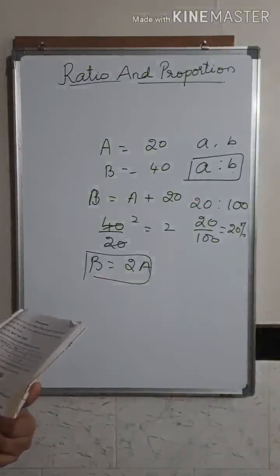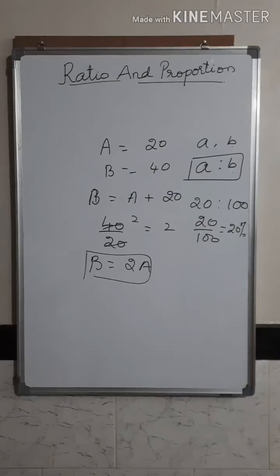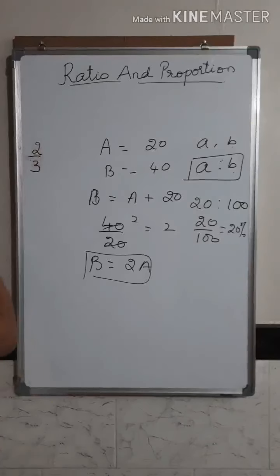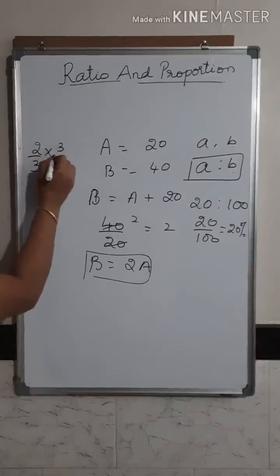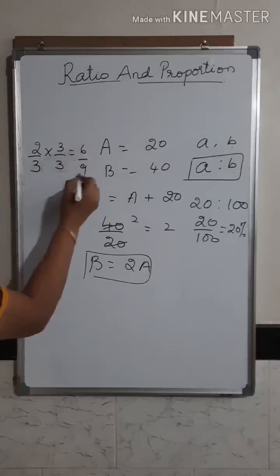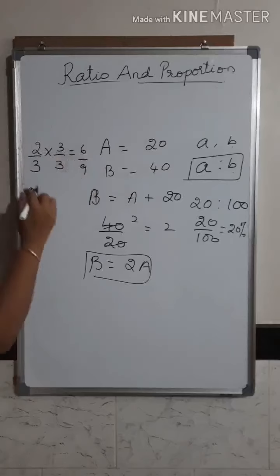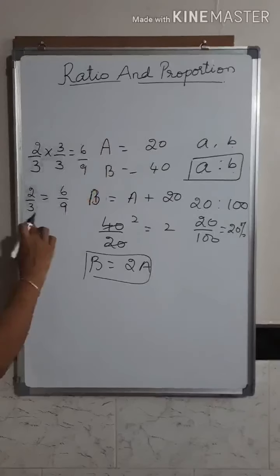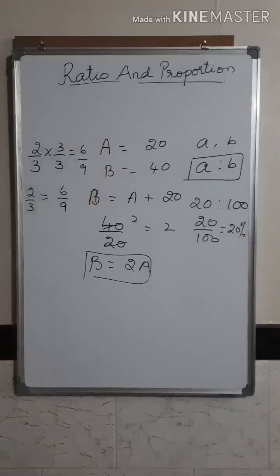Now the third property is, whenever a ratio is multiplied or divided by a constant term, the value of the ratio does not change. It remains as it is. Now for example, you have got 2 upon 3. Now this ratio, if I multiply by a constant number 3, I get 6 upon 9. This 2 upon 3, the original ratio, will be equal to this after multiplying. So the value of the ratio does not change if it is multiplied or divided by any non-zero number.